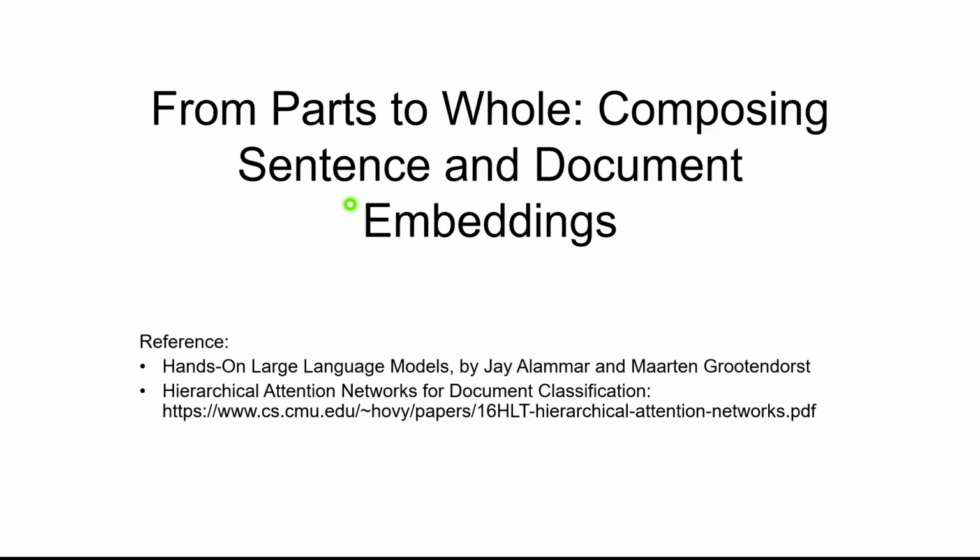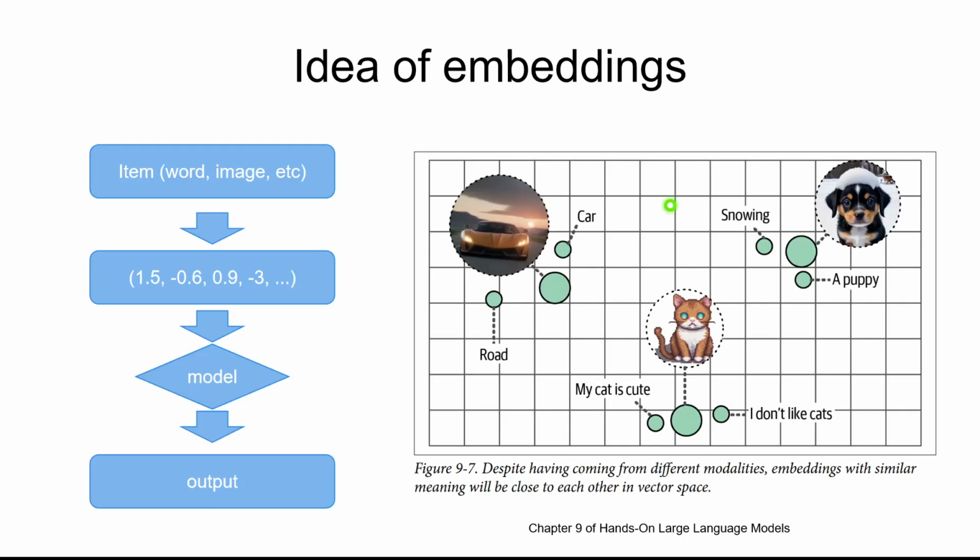And in this lecture, we're going to talk about how do we find embeddings for the whole from the embeddings for parts? For example, if we have embeddings for words, how do we compose embeddings for sentences? And if we have the embeddings for sentences, how do we get the embeddings for documents? So that's what we're going to talk about today. So first, let's review